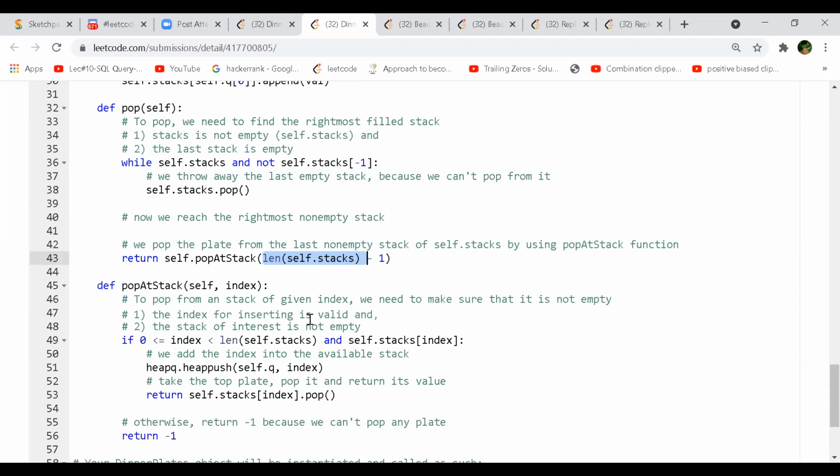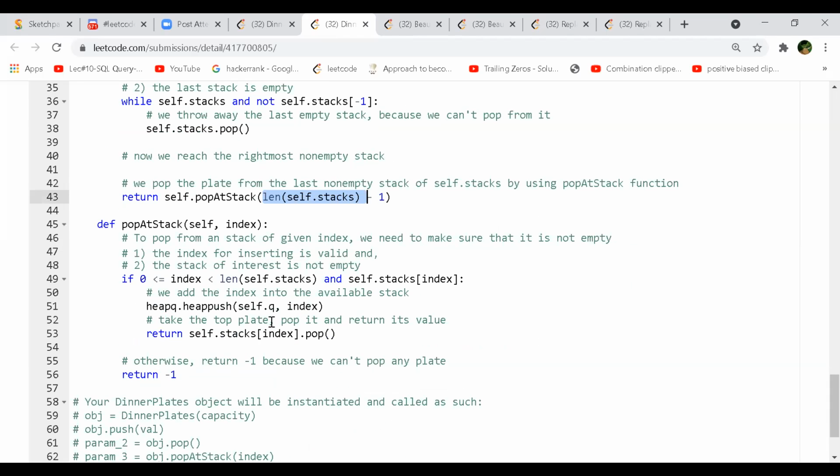So you are only working on 2 of the functions. Good. And in pop stack, if they are giving you some index to pop, you check whether that is valid or not. Because if they give 3, it doesn't make any sense, right? So we are checking that.